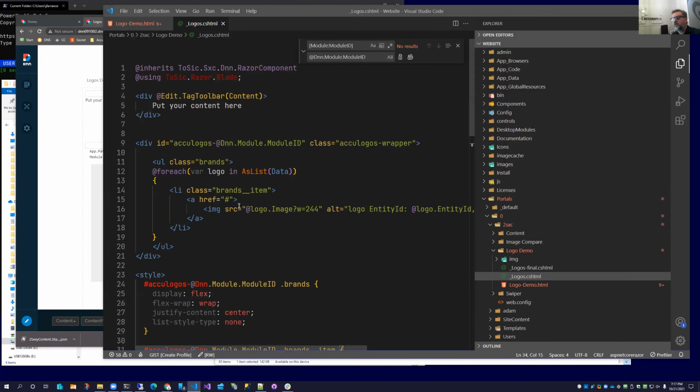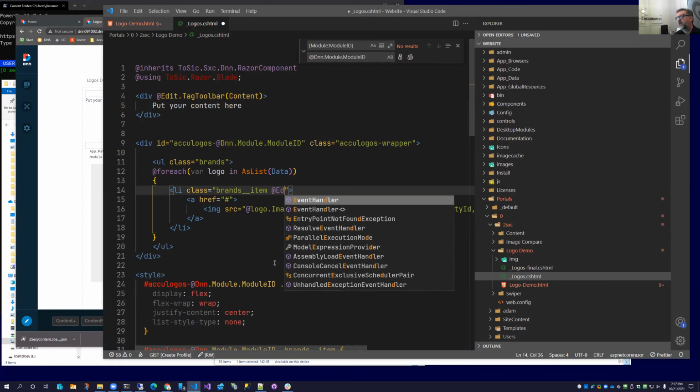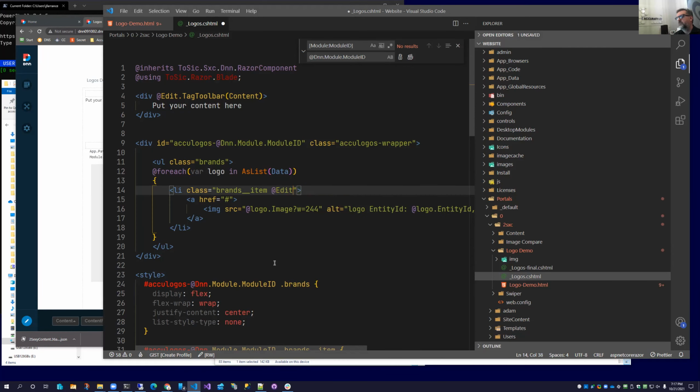I don't need to copy it because I can type it. So on the LI, for example, or you could do it on the A, it probably doesn't matter much, but you just do A edit.tag toolbar. And so that's an edit object in TooSexy. It has a method called tag toolbar, and we're going to pass it in outside the quotes. Sorry? Edit toolbar is no, outside actually, the tool. It is. Yes, you're absolutely correct. I didn't see that move over. Perfect. Thank you. Welcome.